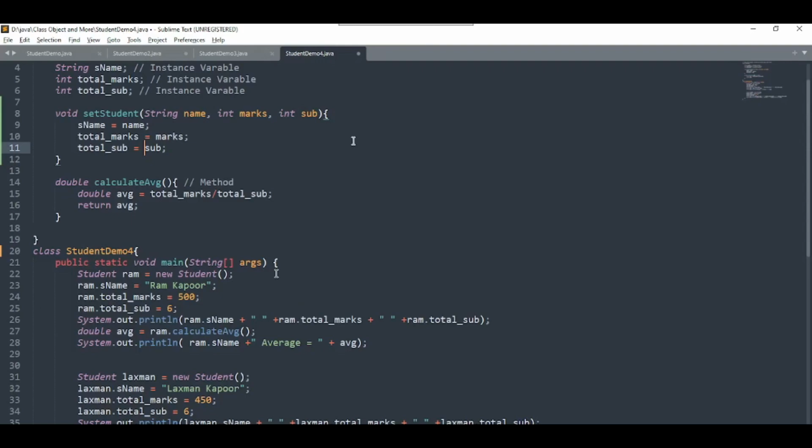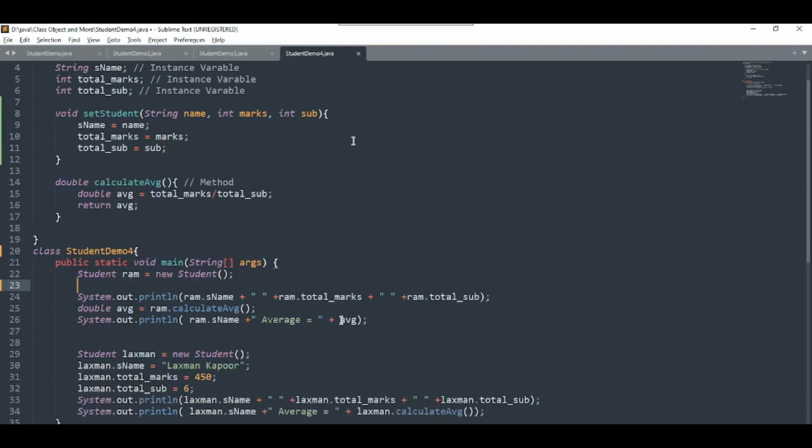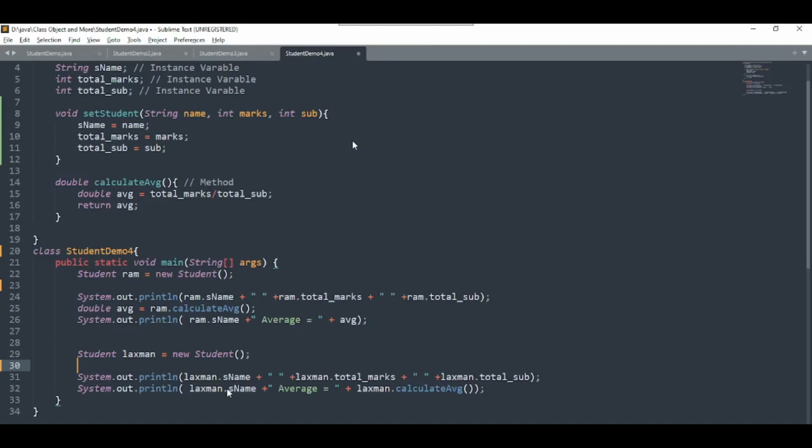So this is what we have done with the set student method. This method is used to initialize the value of the object dynamically. So when this method is called, we need to provide three values as arguments. First value will be string, second value will be integer, and third value will also be integer. So this line of code is removed from here, because we are initializing that value dynamically via the method, and the method name is set student. So that static value that we have assigned,